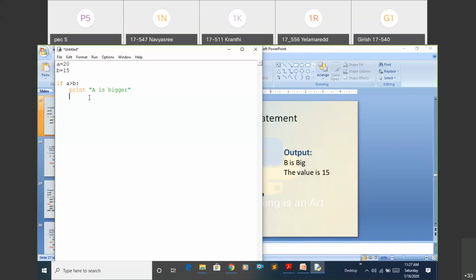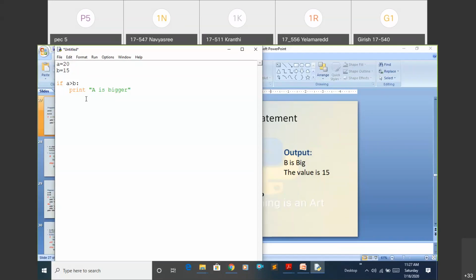Now you are in the if block. If you want to move back from this if block, just press backspace. Now you are not in the if block, you are in your program.